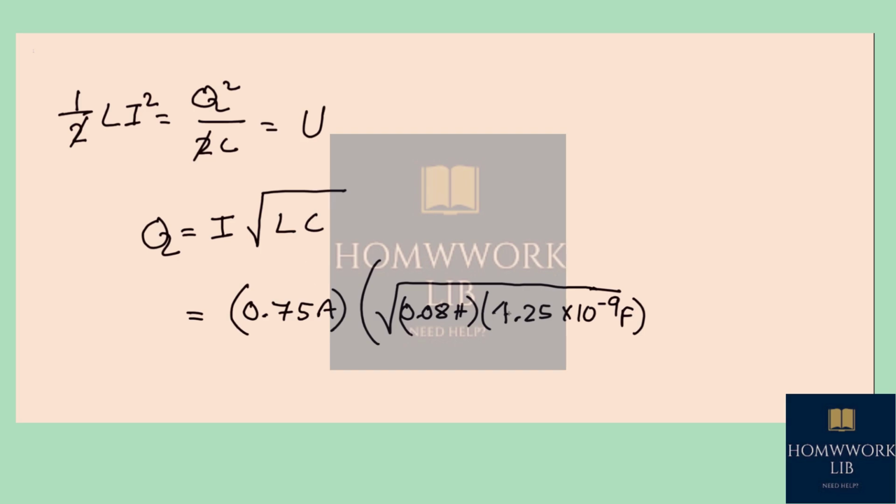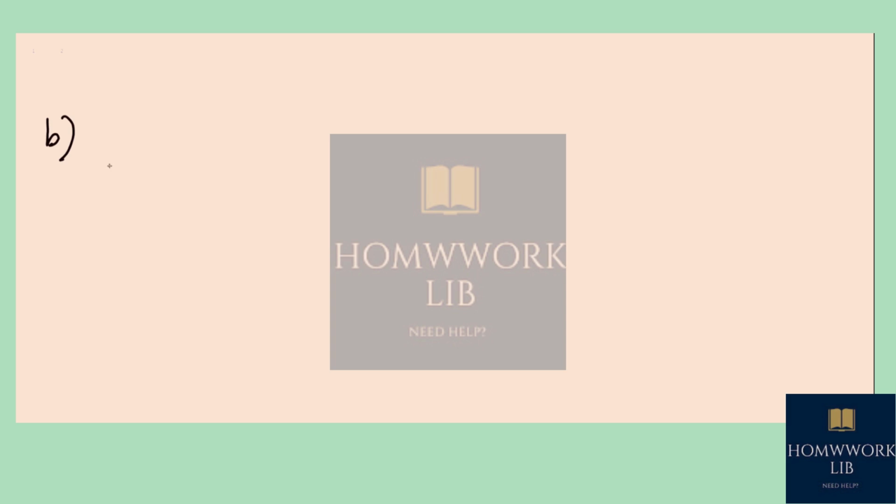And then when we solve for Q, we see that Q is equal to I square root of L times C. Now, if we use the given numbers, we see that I is 0.75 ampere, L is 0.08 Henry, and the capacitance is 1.25 times 10 to the power negative 9 farad. So from here, the charge is 7.5 times 10 to the power negative 6 coulomb. So that's part A. In part B, we have to find out the frequency, and we know that frequency for